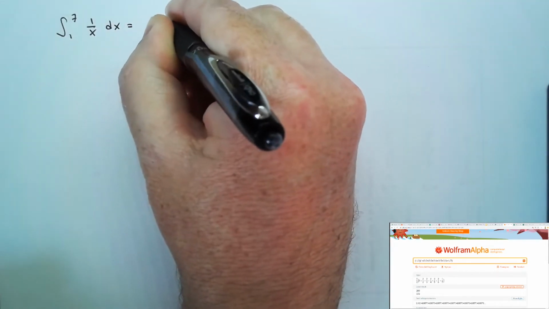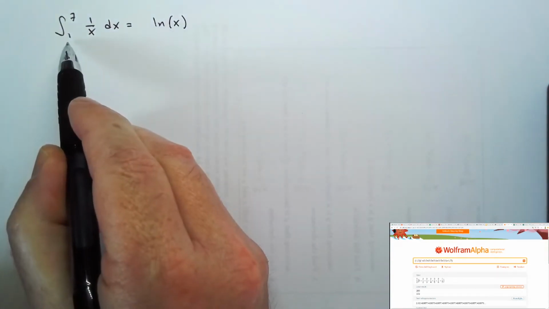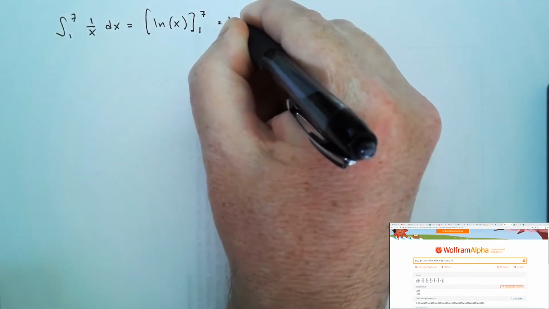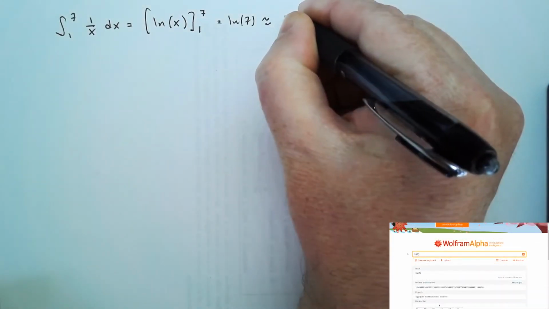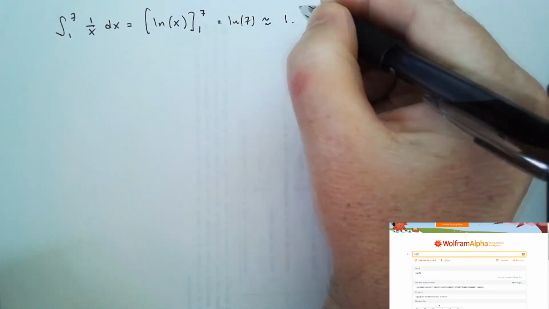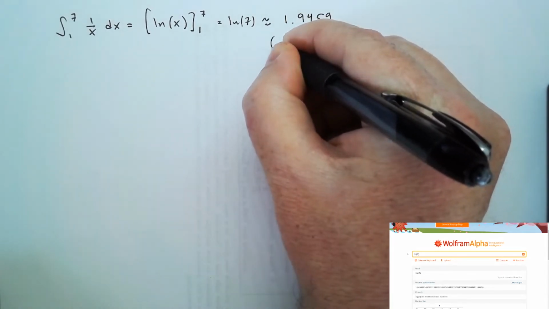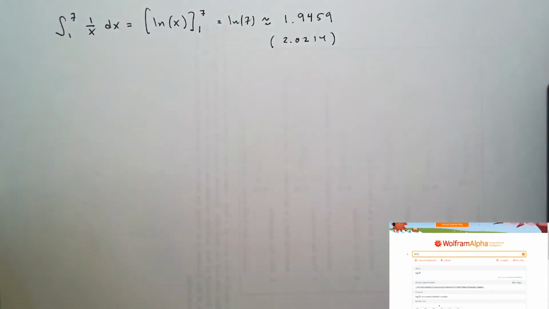Now, we can work out the exact value of the integral from 1 to 7 of 1 over x dx, because we know an antiderivative of 1 over x is ln of x. Technically, it's ln of absolute value x, but we know the inputs here are always positive. Evaluated from 1 to 7, this will be ln of 7 minus ln of 1, which is 0. And the natural log of 7 is approximately 1.9459, which is reasonably close to 2.0214. You might try a left, right, or midpoint approximation for this integral to see if our trapezoidal sum is better with 6 trapezoids instead of 6 rectangles.